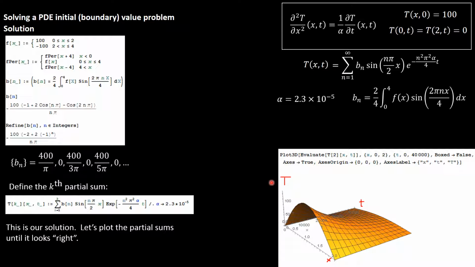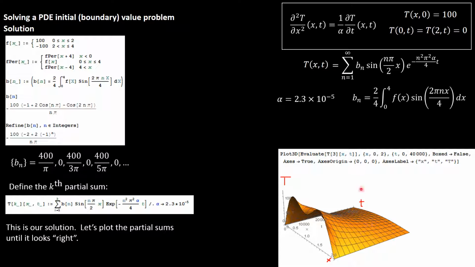So it should be a solid line here. This is actually not an accurate solution, so don't read into this too much. But you do see that the rod is cooling down as time goes in the positive direction. So at least it has that property. But if we add more terms, so if we do T3 of x, t, you get this picture. And if we add more and more terms, T10,